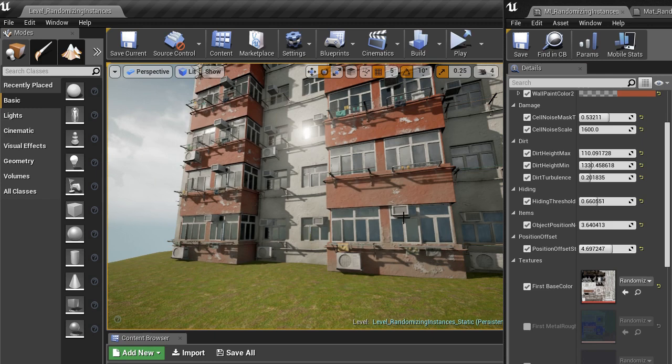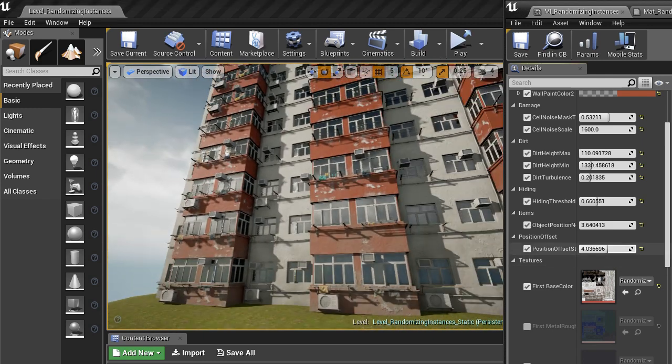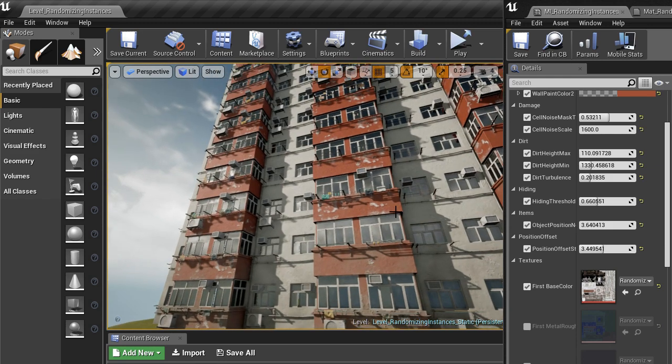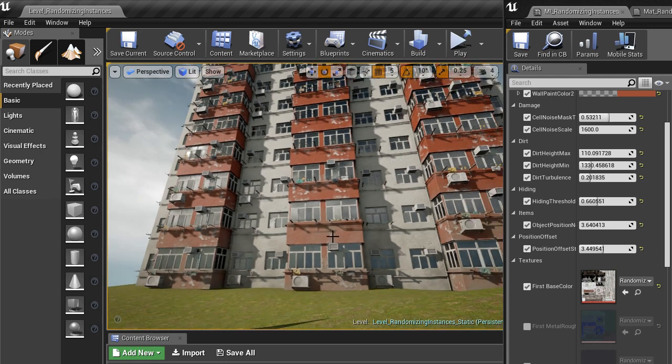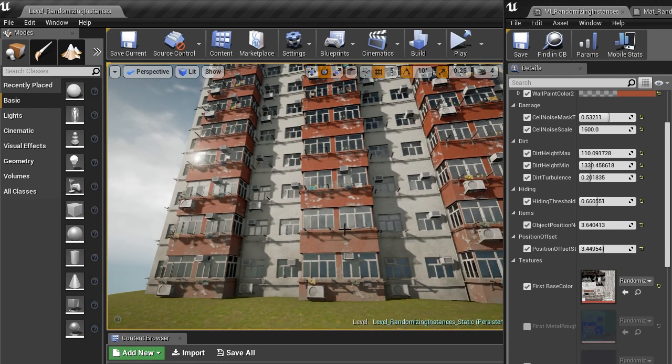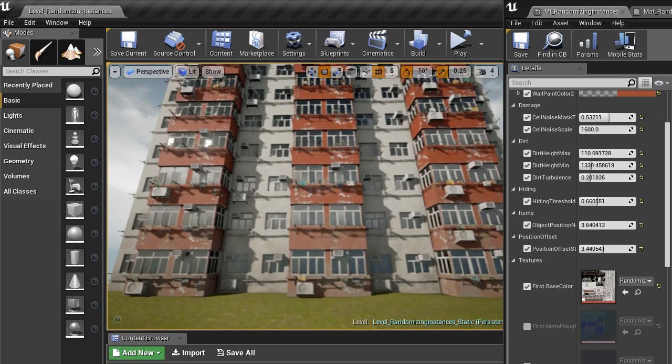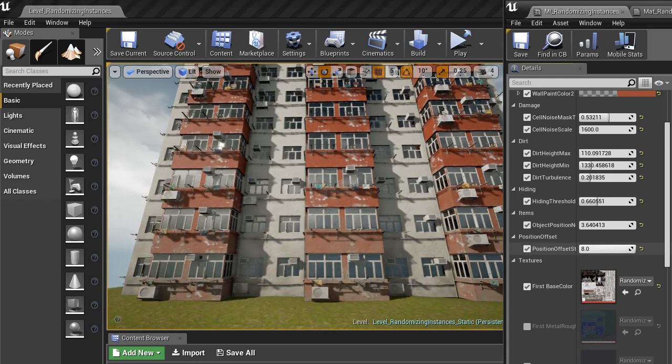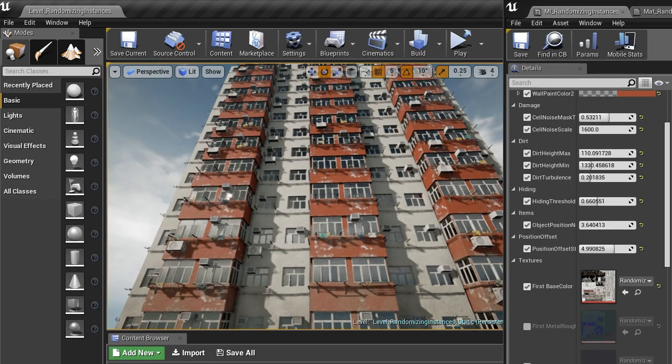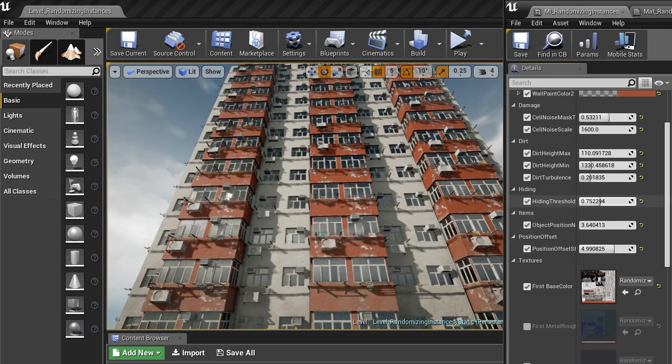And there is another thing that was very important for this shader. It is the random number that is generated or calculated for each segment and each floor, each individual mesh. And the single random number that I generate allows me to randomize all these features so they are not identical from floor to floor. Even the hiding threshold is varied, as you can see. It's not only the threshold of the blue channel, it's also the additional random number mixed in.